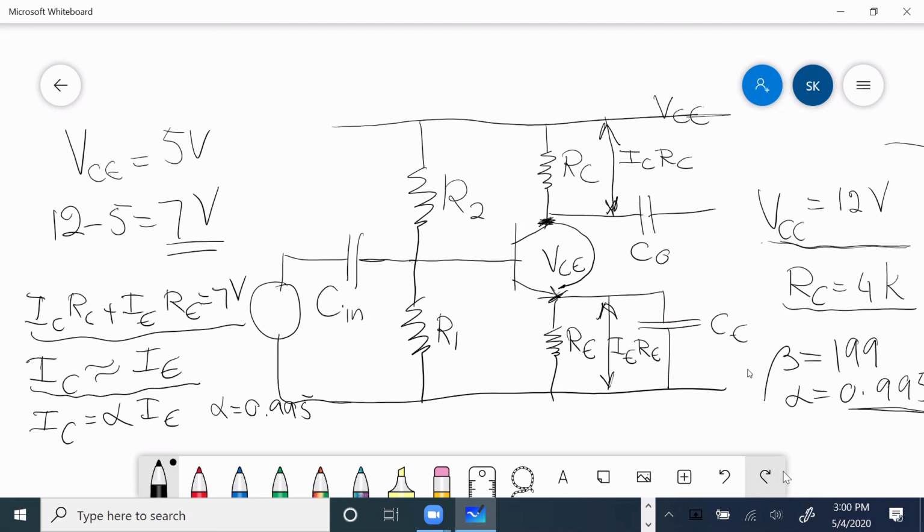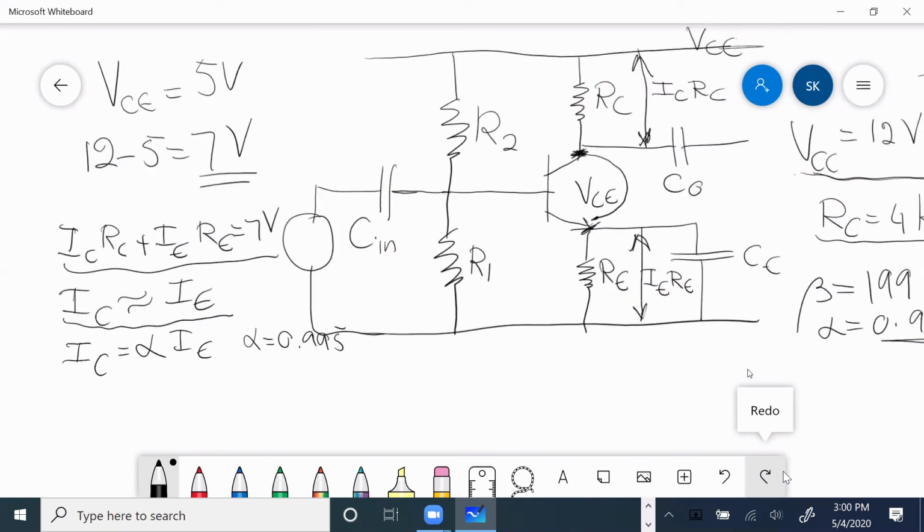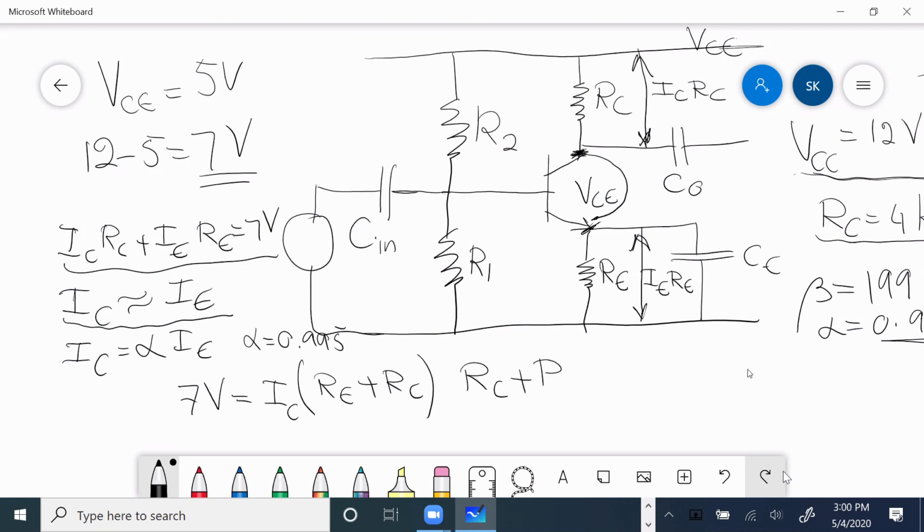All right. So now life becomes simpler. 7 volt is equal to IC times RE plus RC. That means RC plus RE is equal to 7 divided by IC. And if, I'm just making a big if, then I'll come back to this if. For now, if I make IC 1 milliamp,